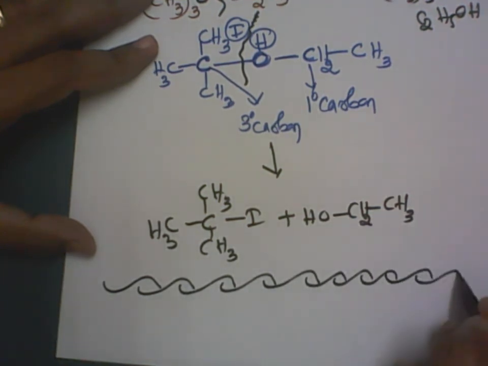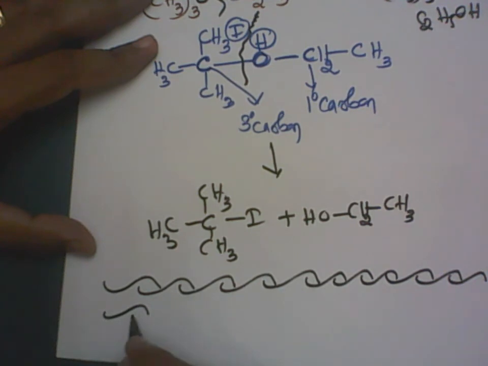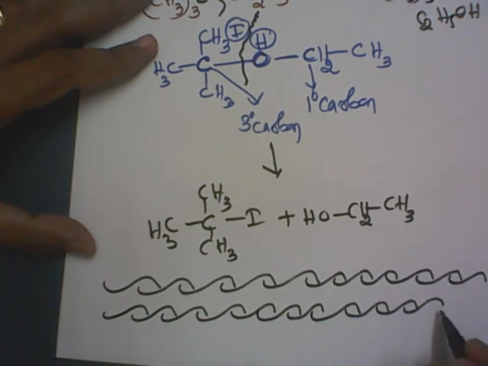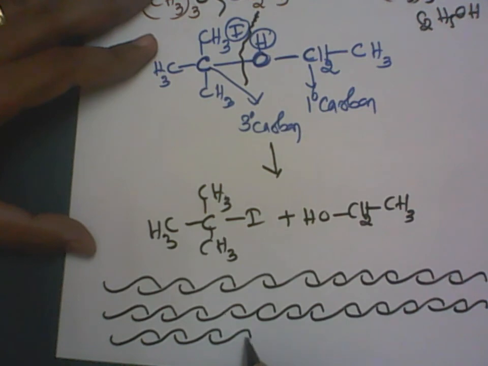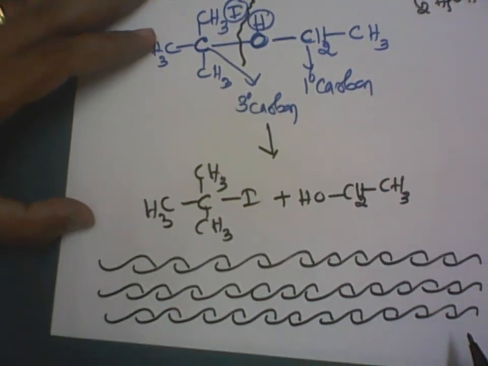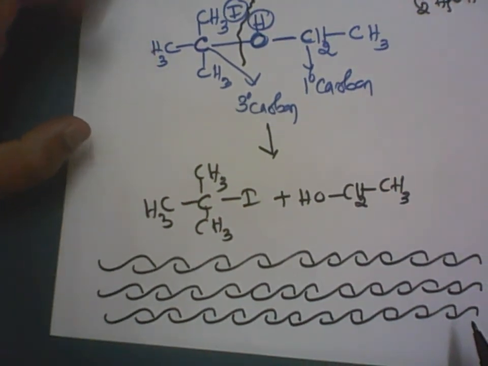In this video, you have studied the reaction of ether with hydrogen halide. Remember, hydrogen always attaches to the oxygen and iodide always attaches to the smaller alkyl group. Suppose the alkyl group contains a tertiary carbon atom which is attached to the oxygen, then the halogen directly attaches to the tertiary carbon atom.